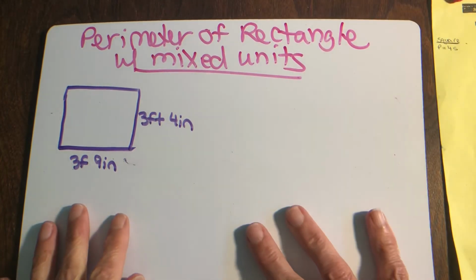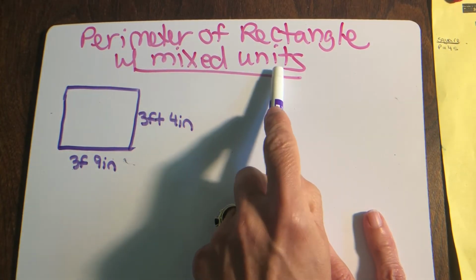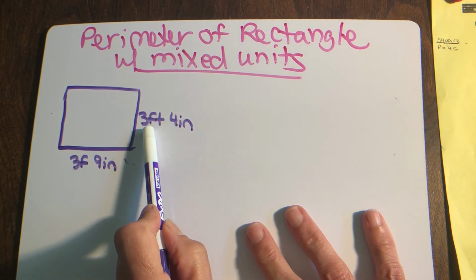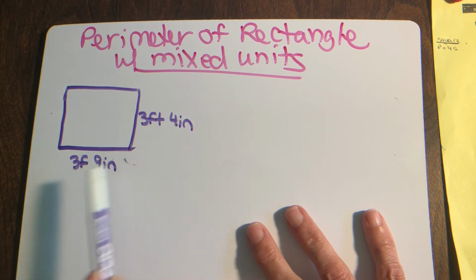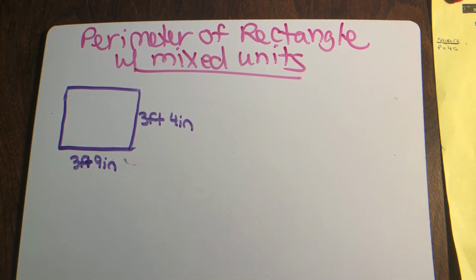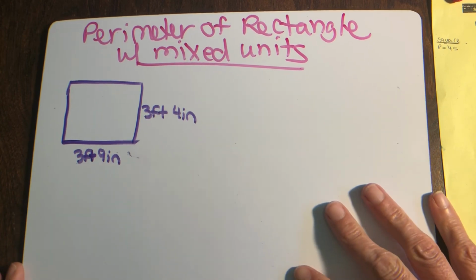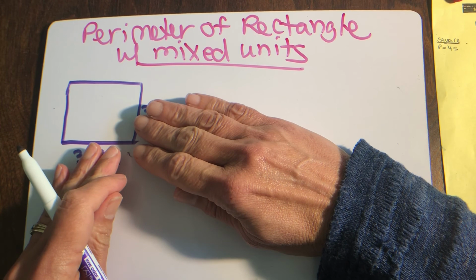On these problems, we're going to do several problems where we have what I call mixed units, which means you've got 3 feet and some stuff left over. So that's 3 feet and 4 inches. And then down here you've got 3 feet and 9 inches. So when you get this figure, if you just look at the figure, you might think that it was a